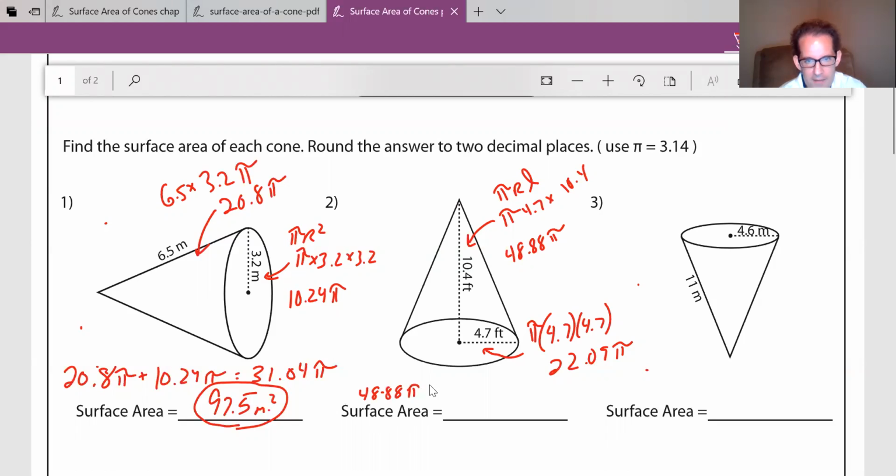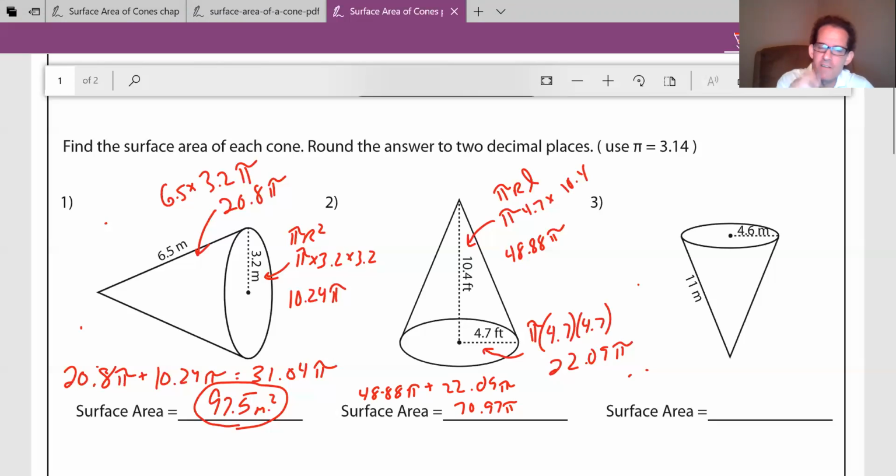So now I'm just going to add those. 48.88 pi plus 22.09 pi. I'm going to add that, and that's 70.97 pi. So I just multiply that by 3.14. Let's try that. Times 3.14, that's going to equal